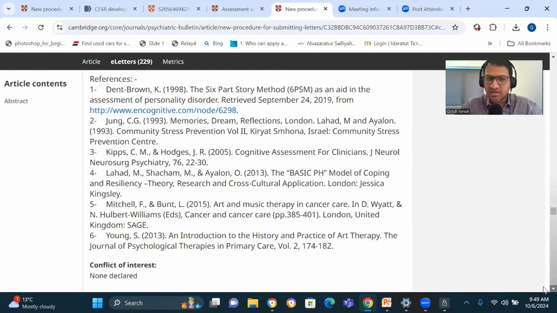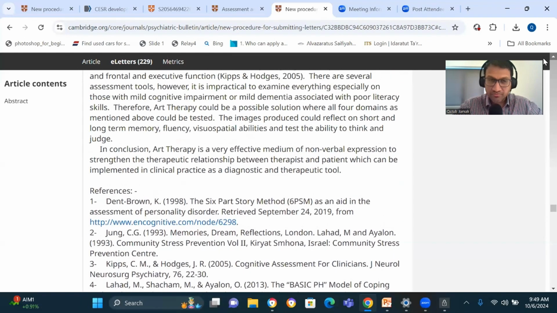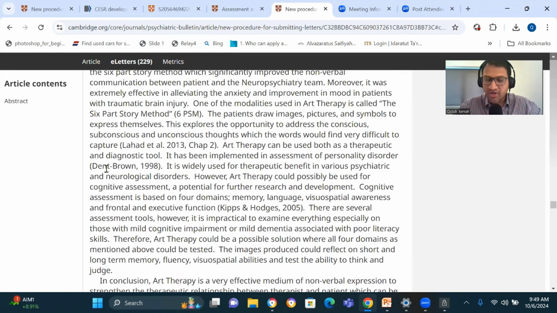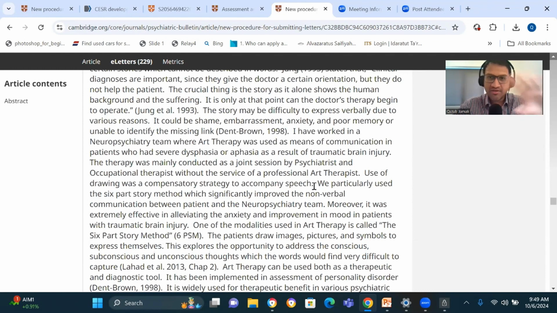So again, this is an American style of referencing, but you could use anything. If you're thinking of Harvard or American style of referencing, this is the bibliography. But then you also have to do the in-text reference, where you put the surname of the author with the date of publication. In Vancouver style of referencing, that doesn't happen. The in-text reference is a number. You put a number here, 1, 2, 3, 4, and